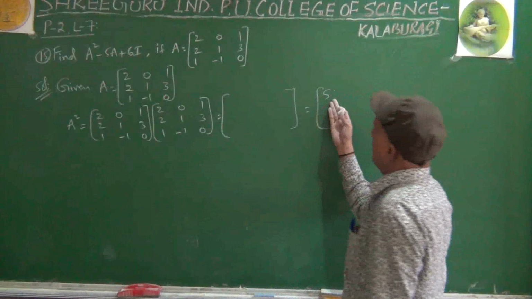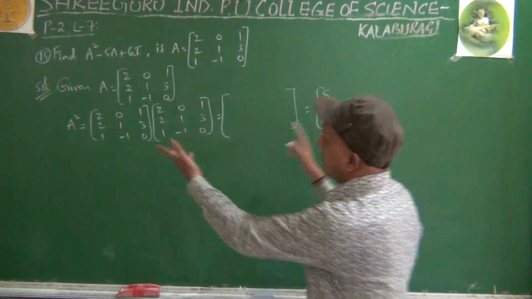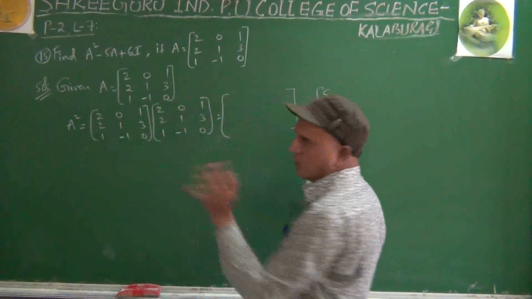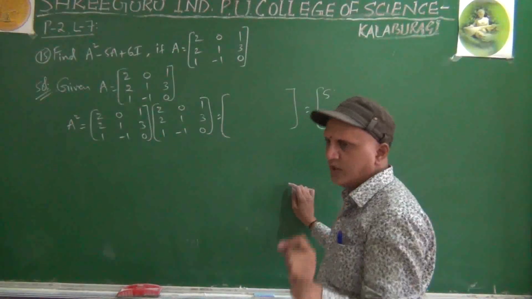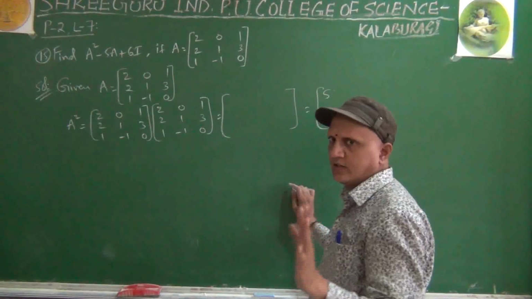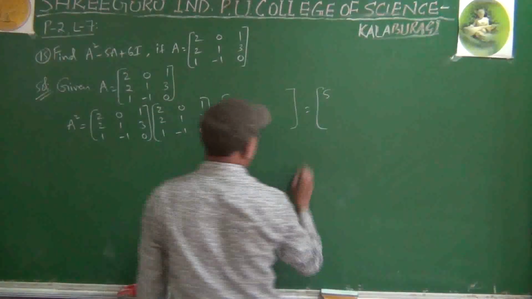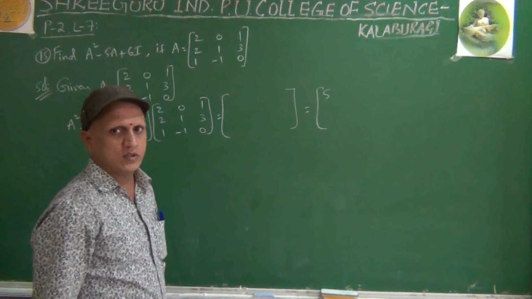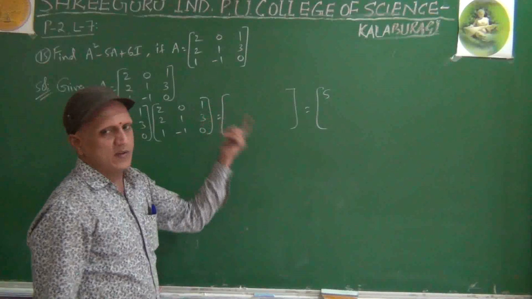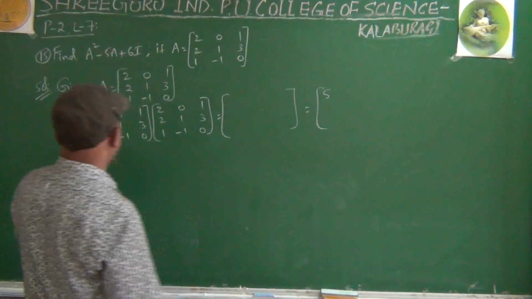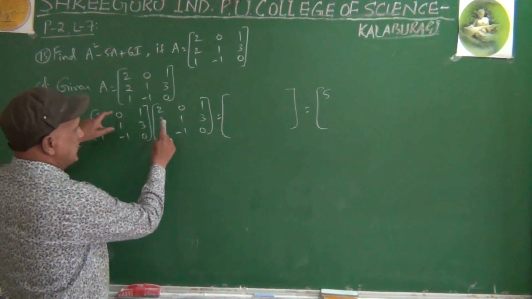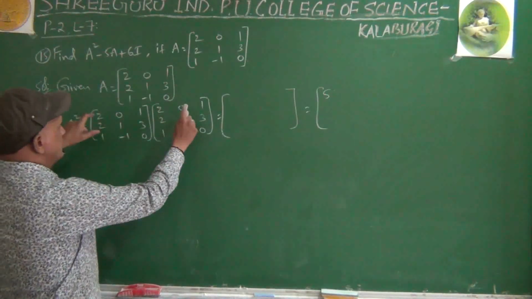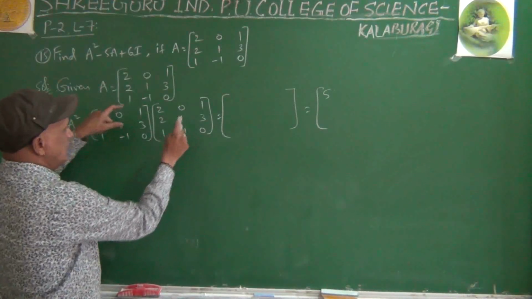Immediately after seeing this 5, from where we got 5: this 2 into 2, 2 into 0, 2 into 3, 6, something, don't get confused. Put your pen on the paper and try, then definitely you get the correct answer. No need to panic after finding this 5, wondering where it came from. If you know the method, you can solve. If you don't know the method, see the previous questions once again. 2 into 2 is 4 plus 0 plus 1, 4 plus 1, 5. Then 0, 0, minus 1.